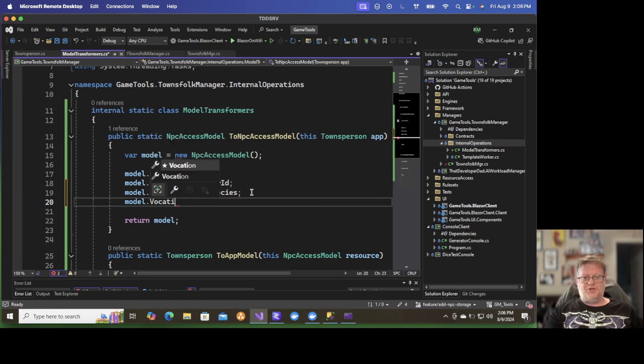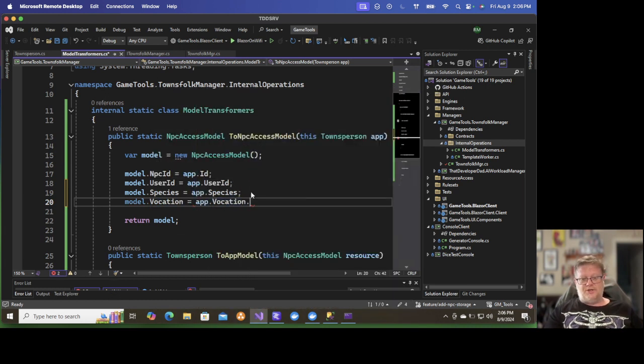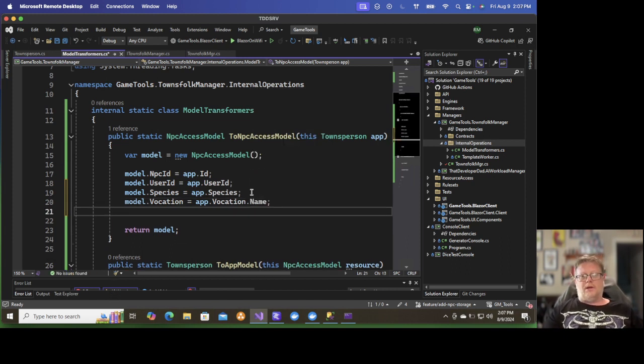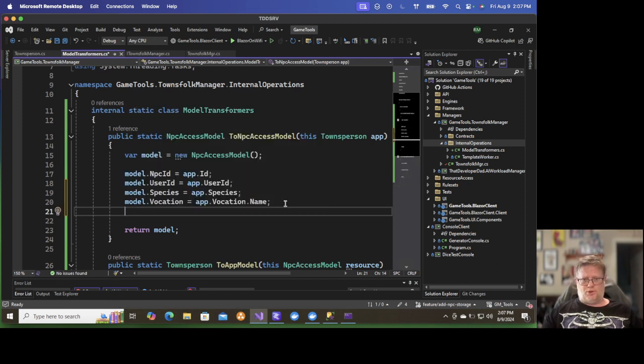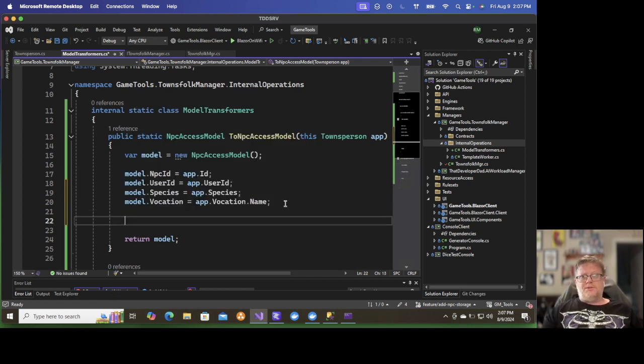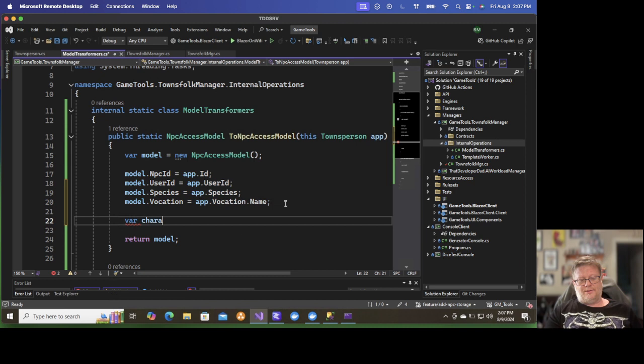Model.Vocation equals app.Vocation.Name. And var NPC data equals